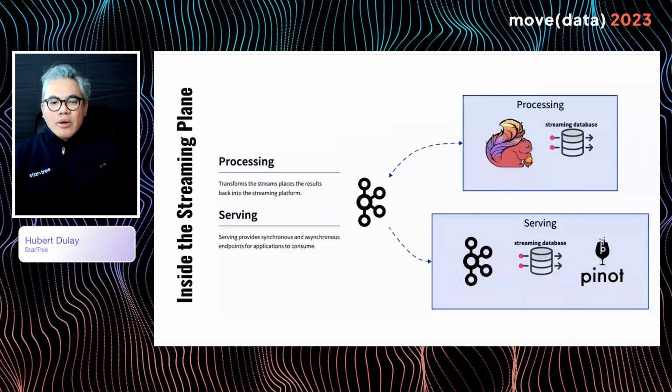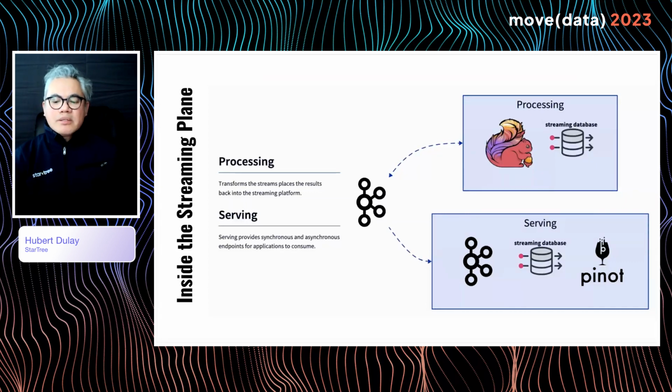There are real-time OLAP databases like Apache Pinot. There are streaming databases and another streaming platform. In this case, we have an icon for Apache Kafka. In the processing box at the top, you have Apache Flink and yet another streaming database. These streaming databases can be the same instance or different instances. Likewise, the Kafka icon here, they can be the same instance of Kafka or different instances of Kafka where they